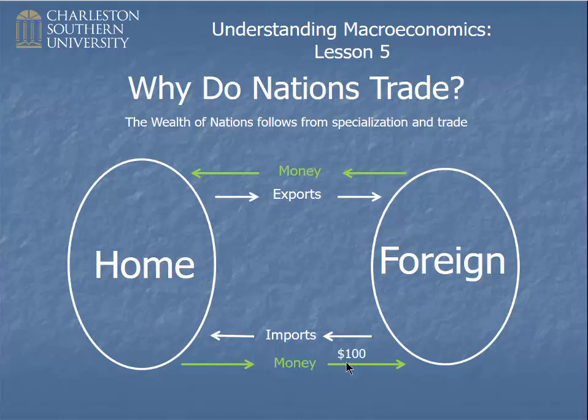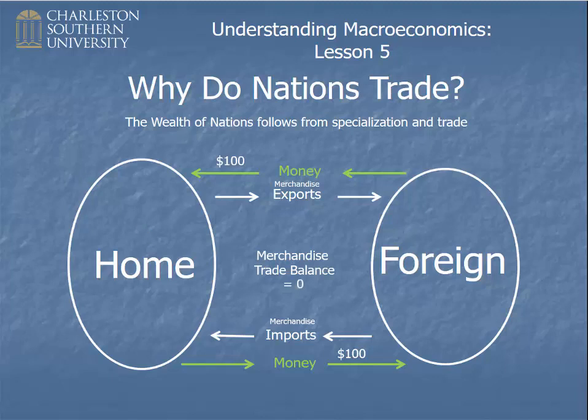Imagine that we bought $100 or $100 million worth of imports. So $100 would flow out. Then foreigners would then have 100 Federal Reserve notes which they could use to buy things from us. So they would come back this way, right? $100 million from things that they bought from us. Now to keep this example simple, let's just imagine that we bought merchandise from them and they bought merchandise from us. So $100 flowed out, $100 flowed back. So the merchandise trade balance in this simple example would be 0.